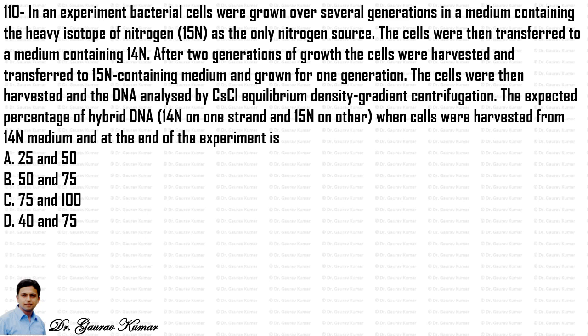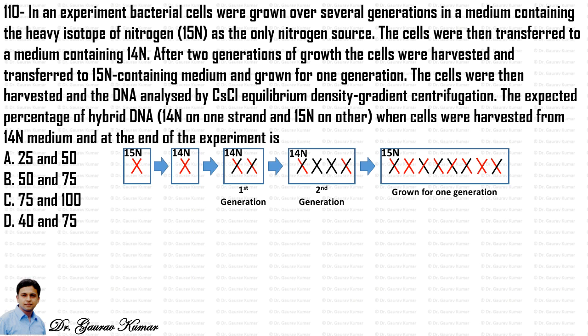Next question. So this is a very long question. For your simplicity, I have just drawn this whole question into this figure. They are saying that the bacterial cell was first grown in a radioactive isotope of nitrogen, that is 15N, and then these bacterial cells were then transferred to a medium containing normal isotope of nitrogen, that is 14N, and it was allowed to multiply for two generations, the first and the second generation as represented in the figure, and